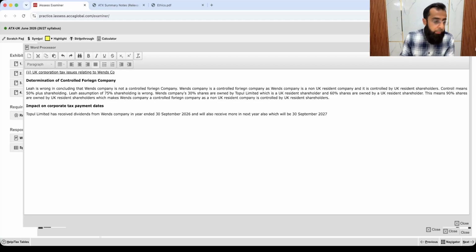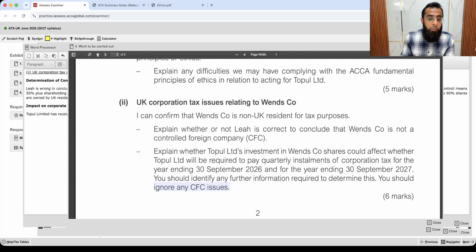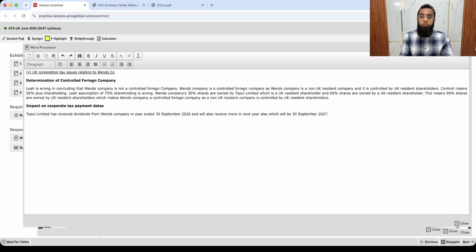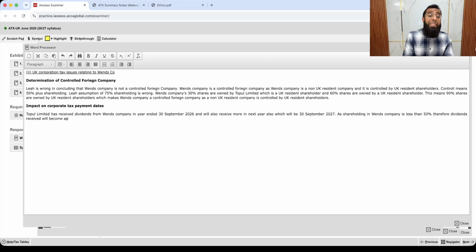Sir, please repeat it. See, we are talking about the year end of 30th September. The question says that we receive dividends on 1st February 26 and we expect to receive dividends each year. Now, as the shareholding of Topul in Vents company is less than 50%, therefore dividends received will become part of augmented profit